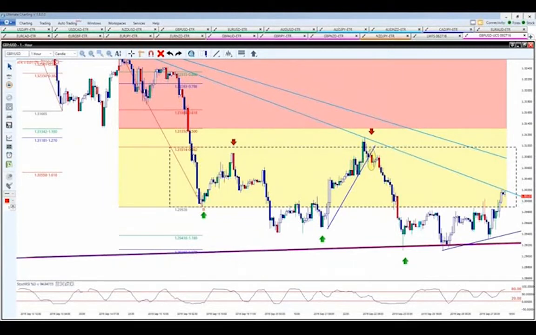So here's what happened here. The market came down here and U-turned. Now, another thing we're going to teach you about are what are called stochastics. These little lines down here. Some of you have been asking about these. Above this red line right here is the overbought zone, meaning that when the market's up here, we're looking for the market to go down. When the market's down here, it's in the oversold zone. We're going to be looking for the market to go up.